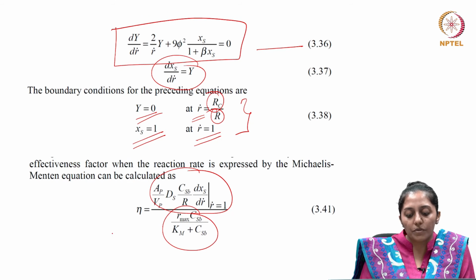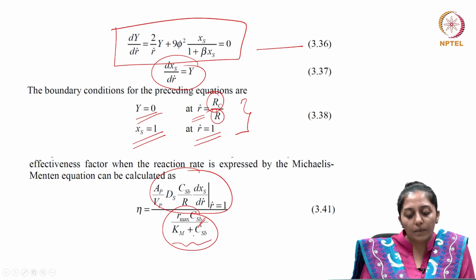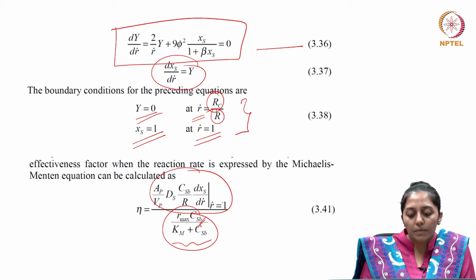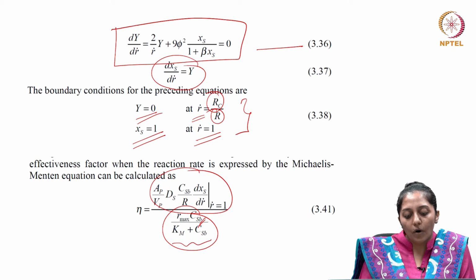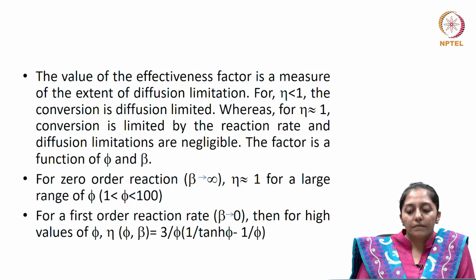So, if there are no diffusional limitations, the substrate which is available for reaction is your bulk substrate concentration. So, it has been substituted in the Michaelis-Menten equation for maximum reaction rate without diffusional limitations, and the numerator is using Fick's law for the reaction rate. So, as the value of the effectiveness factor is a measure of the extent of diffusional limitations, let us see